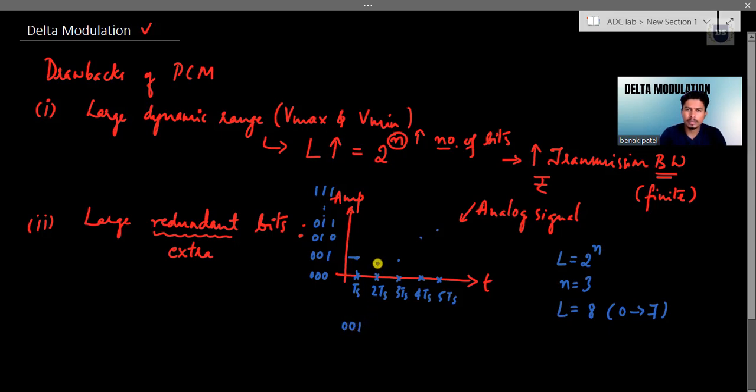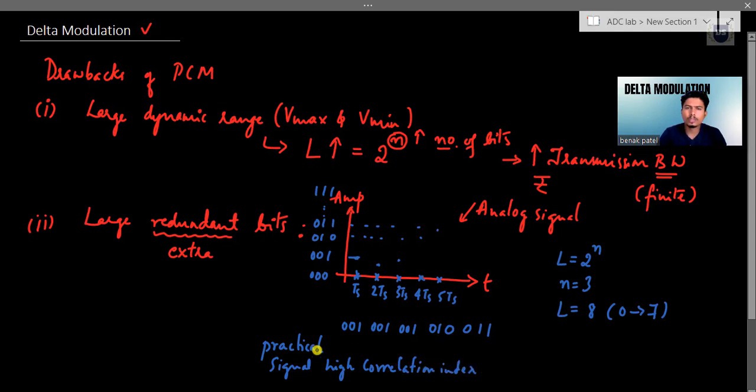The second sample is also almost nearer to the same quantization level, so again I'll stick to the same level. The third sample value is also of the same value, and my fourth sample value is much closer to 0, 1, 0, followed by the next sample value, which is closer to 0, 1, 1. So here we can see that practical signals have a high correlation index.